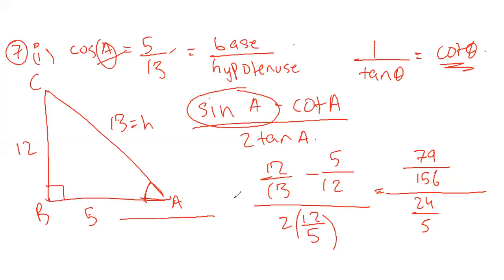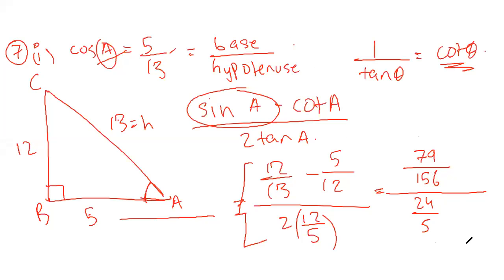By solving this whole sum, we get 79 upon 156 whole divided by 24 divided by 5. So accordingly, we will solve our calculations. I'll just rub some of these and go to the next page. In the last page, we had seen that our value is 79 divided by 156 divided by 24 upon 5. So this will be 79 divided by 156. So 79 will push 156 down, so this will become 79 upon 156.